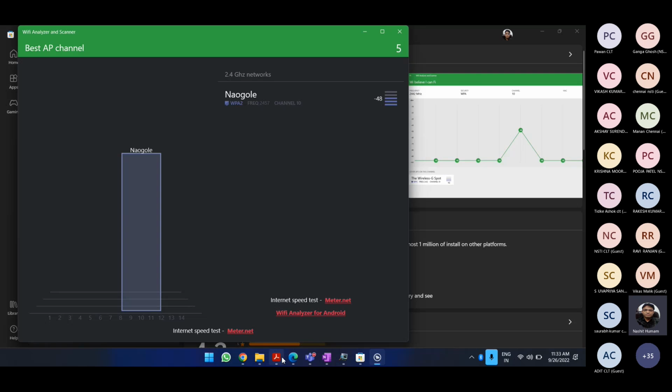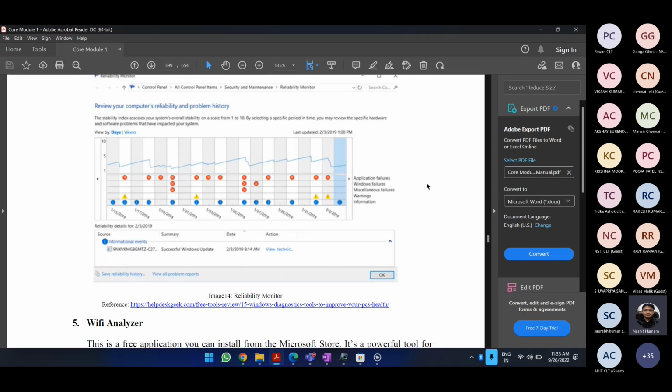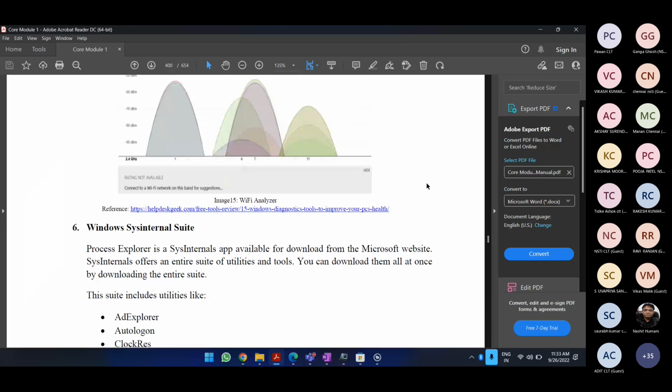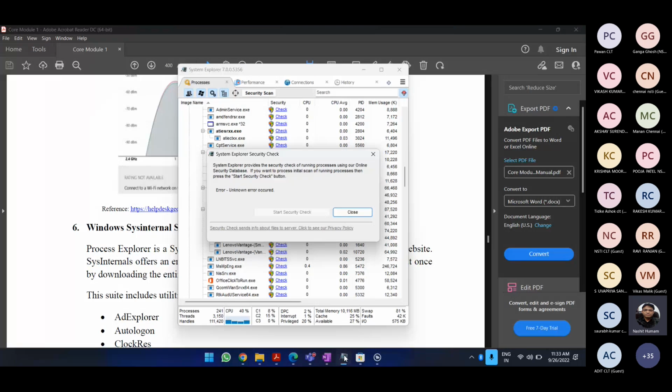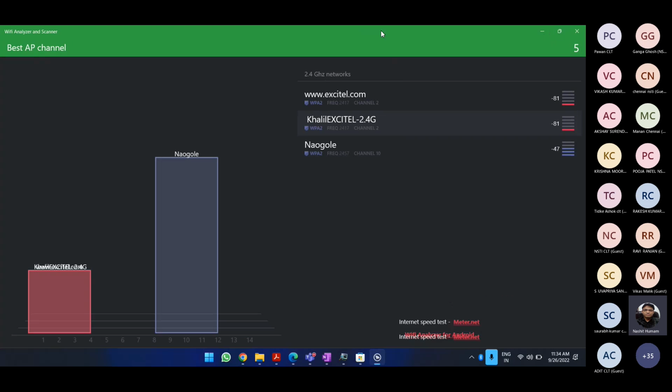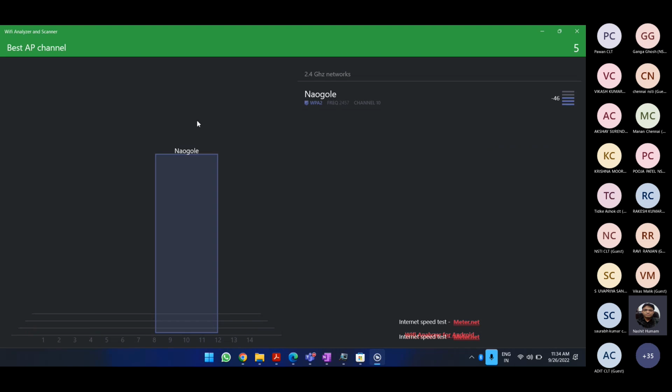Was it this one? No, this is not going to help you in any way, I believe. The only thing that I can figure out is I have a few different Wi-Fi's that are available here. So the best seems to be my own Wi-Fi signal that is working the best. So the rest of them were fine. So there is nothing I believe for you.